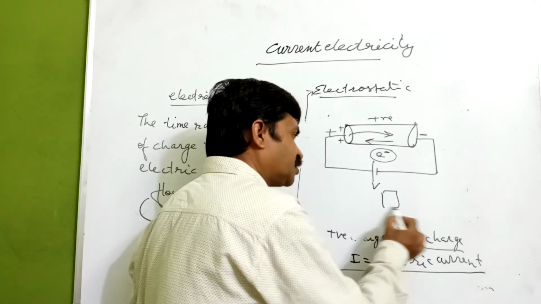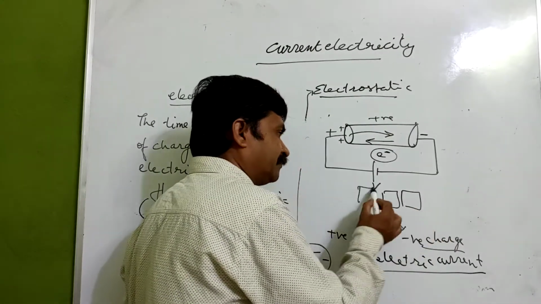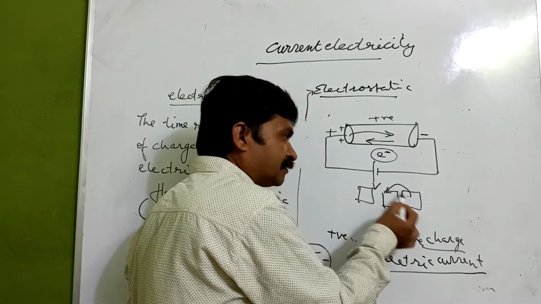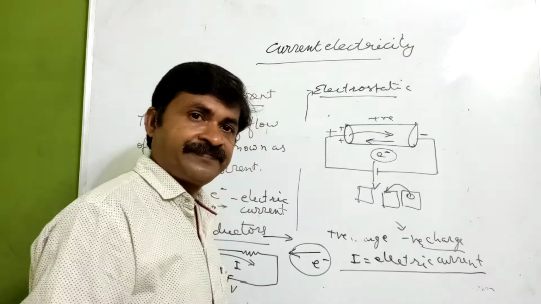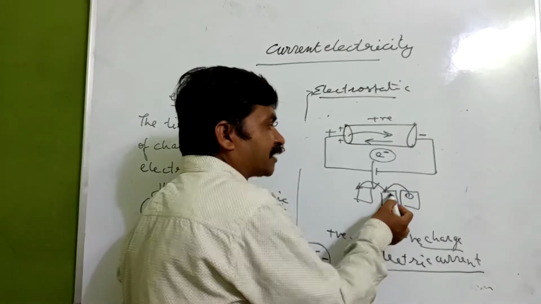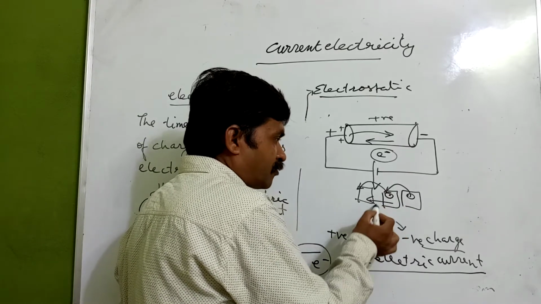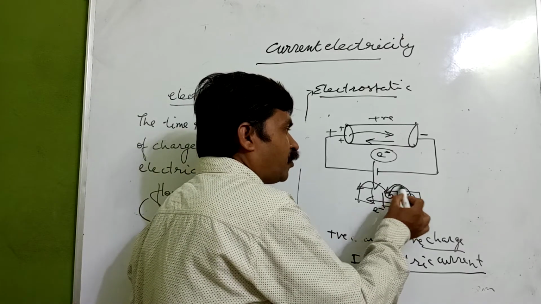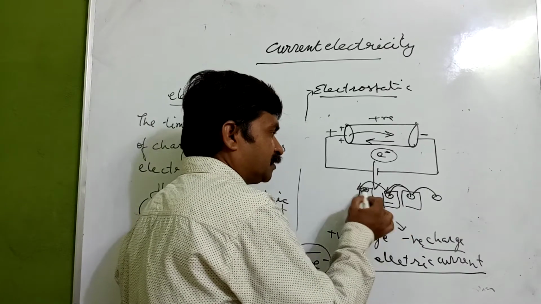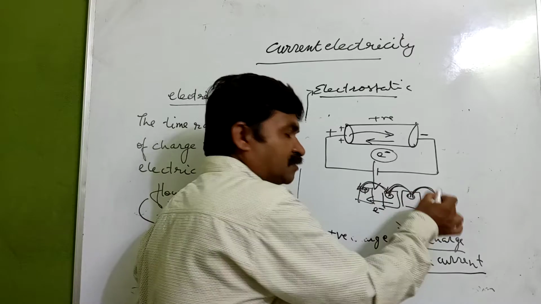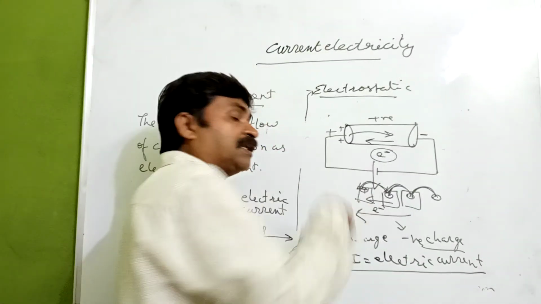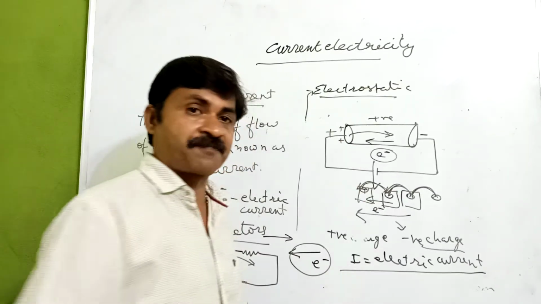Suppose we have an atom, and here a free electron comes, so there will be a vacancy. This free electron comes here, then again there is a vacancy here. So electrons are moving in this direction, and the positive charge, the vacancy, is shifting the other way. It moves like this, like this, like this. So electrons flow in this direction when a potential difference is applied.